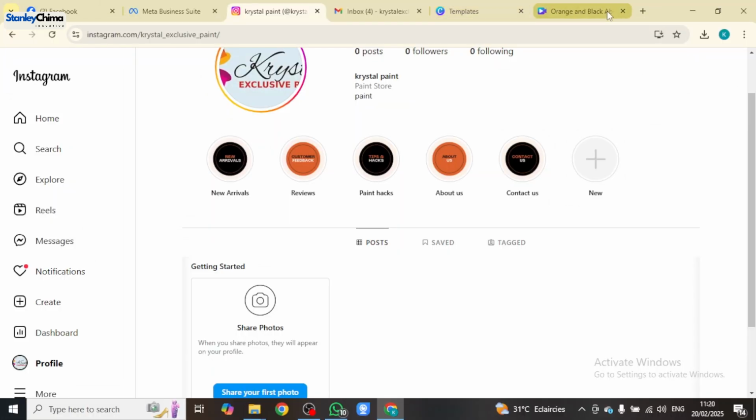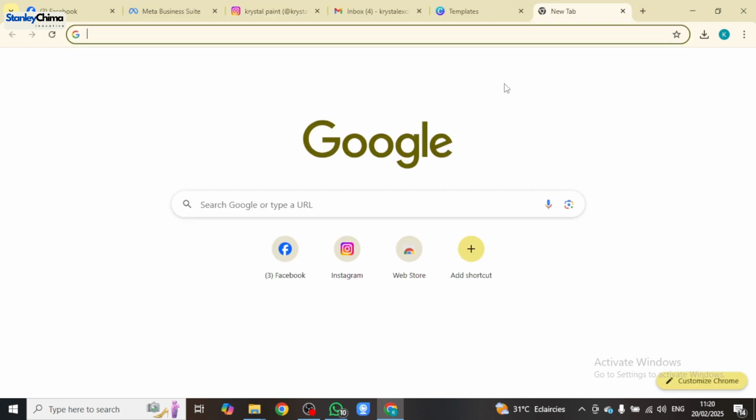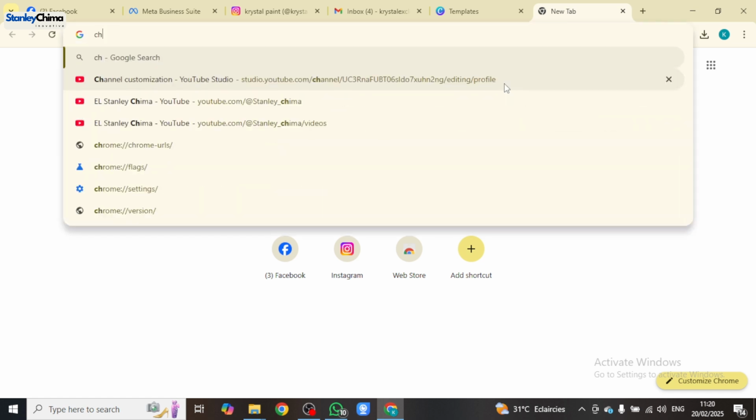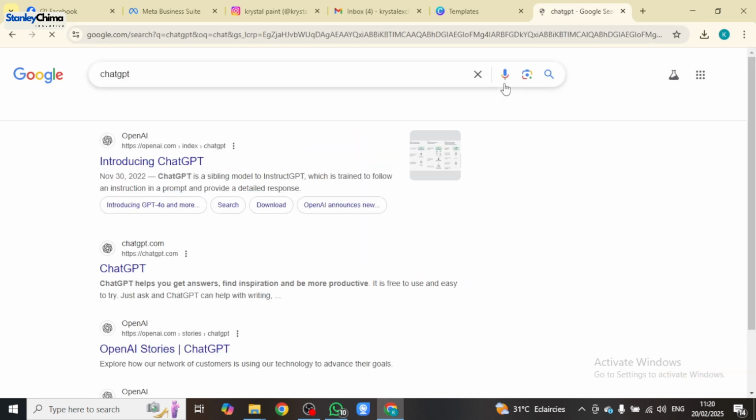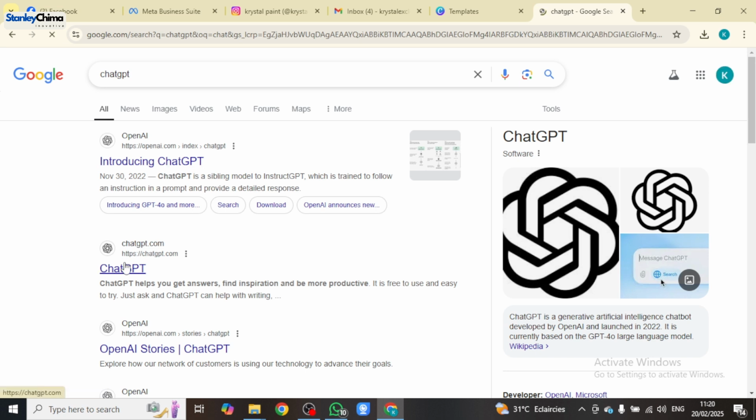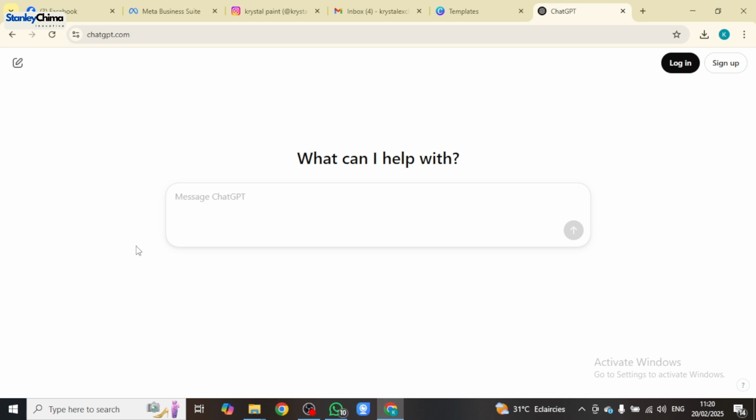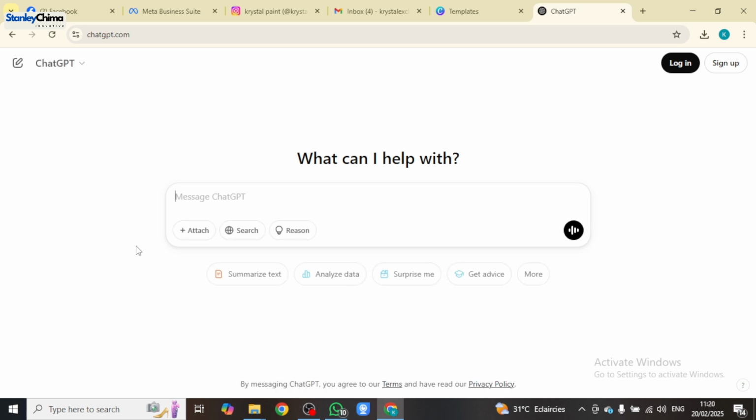So I'll just close this one. I still need the rest, and then I'll just turn off... for ChatGPT or DeepSeek, anyone you have. Let me just use ChatGPT. So I'll just ask it. I want a well organized